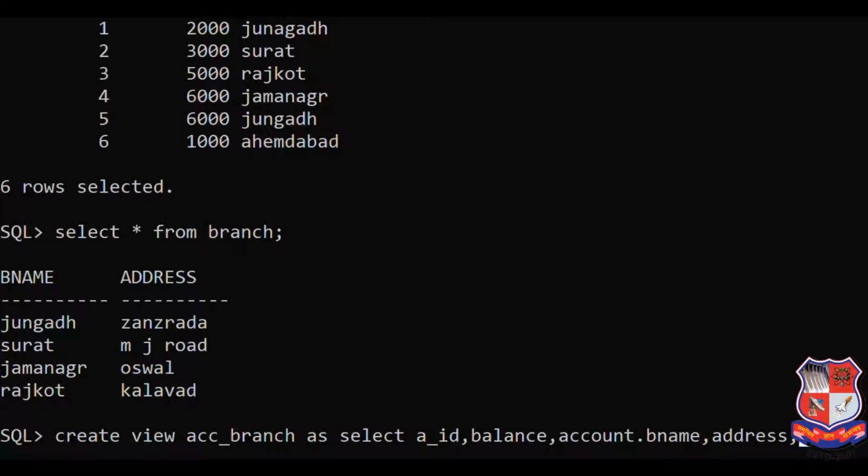Now go to the branch table. The columns are branch name and address.